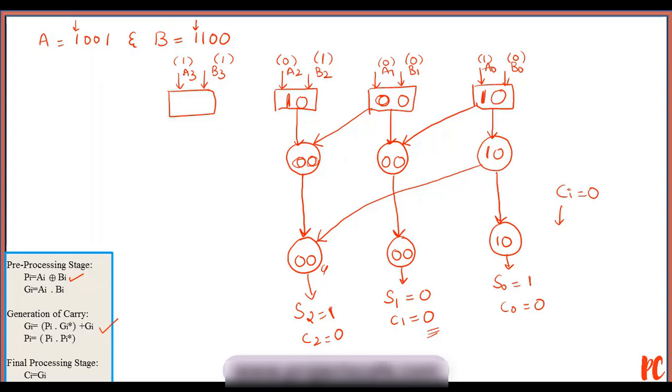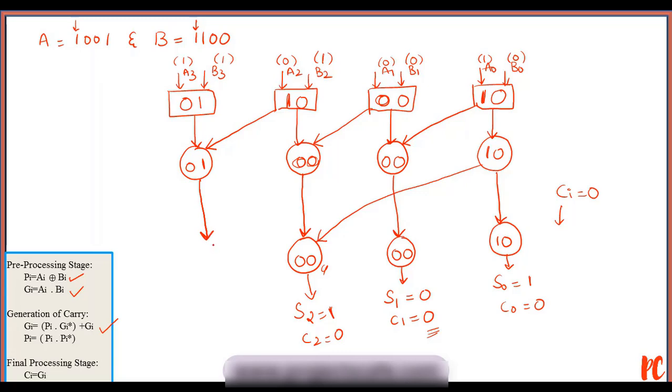Coming to the last stage, an XOR operation of 1 and 1 will result in 0, followed by an AND operation, Gi, which I need to perform. This will result in 1. Coming to the next stage, here I need to take the stage of a previous product. So 0 multiplied with 1 results in 0 again. 0 multiplied with 0, again 0, plus 1. So this will result in 1.